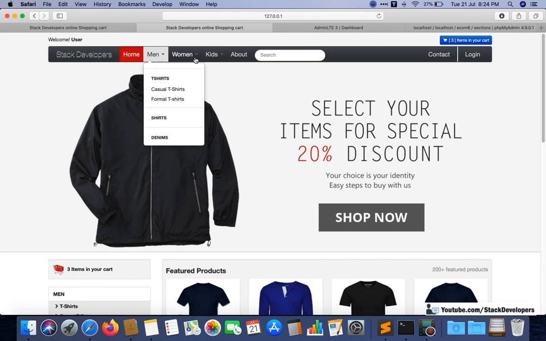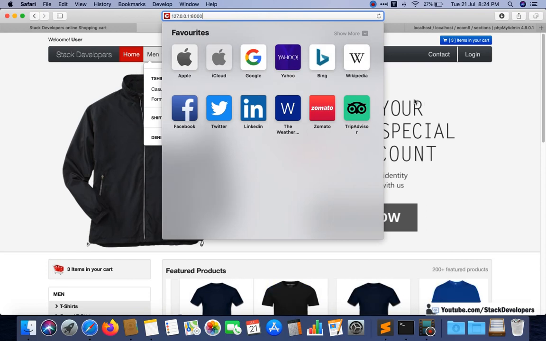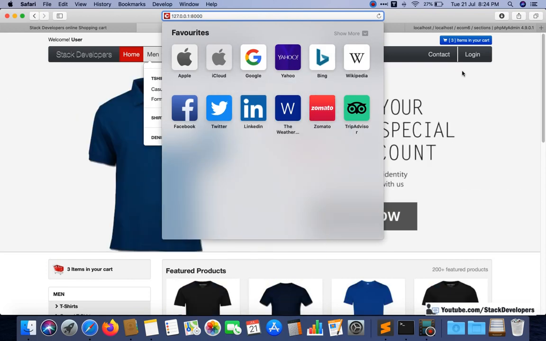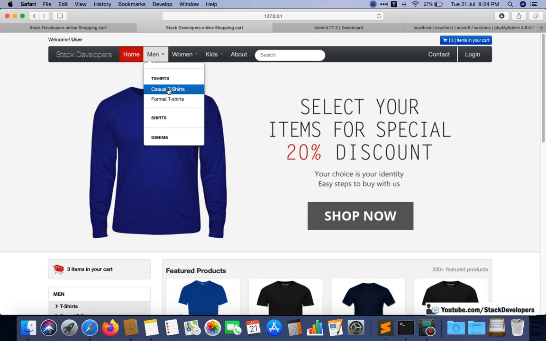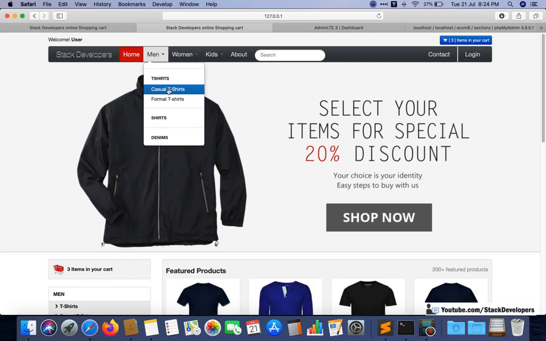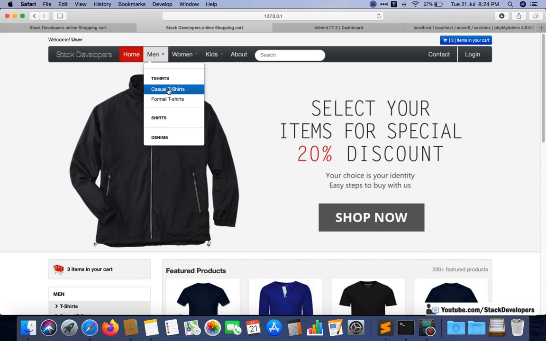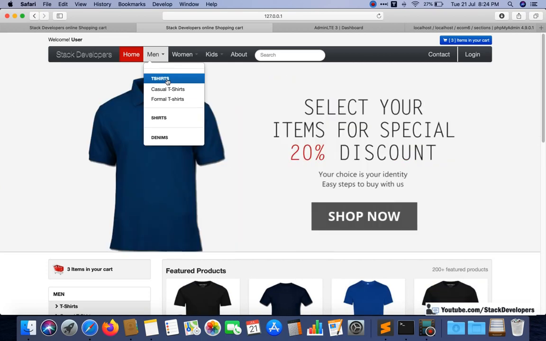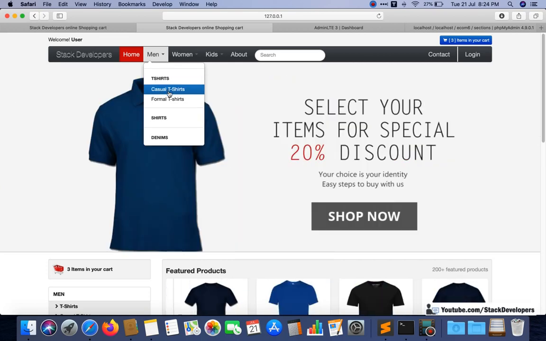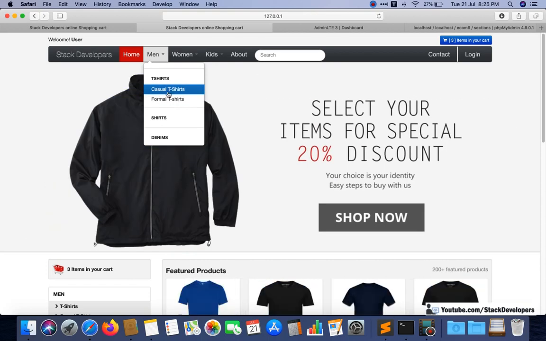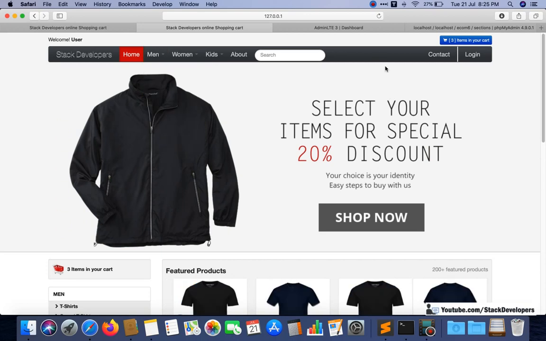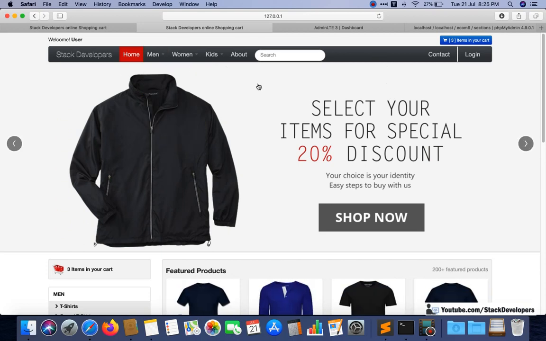See here, we are not giving the URL right now. Whenever we fix our listing page, our categories page, then we will set their URLs as well. When we click on these URLs, the casual t-shirts page will open, with all the casual t-shirt products. If we click t-shirts, it will have both casual and formal t-shirt products, and if someone clicks casual t-shirts, then only casual t-shirt products will come. We will do that later, but first we need to complete this home page.